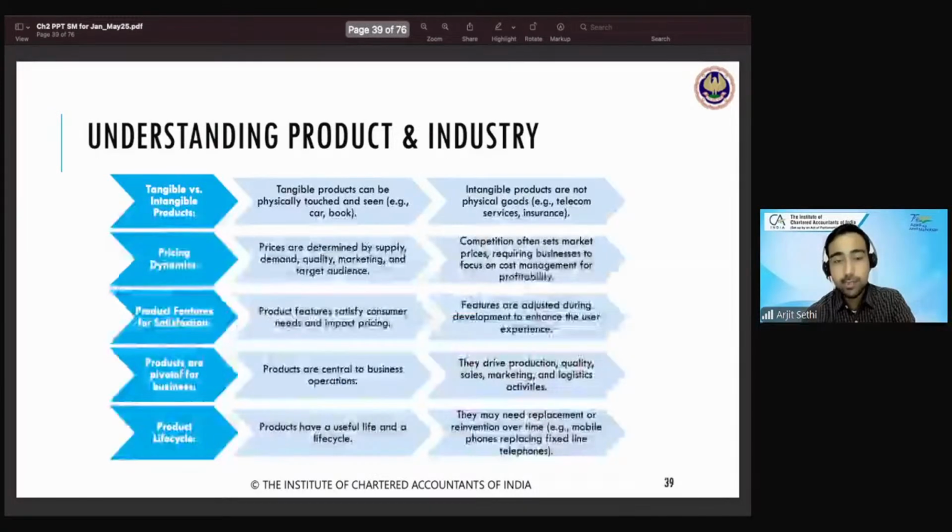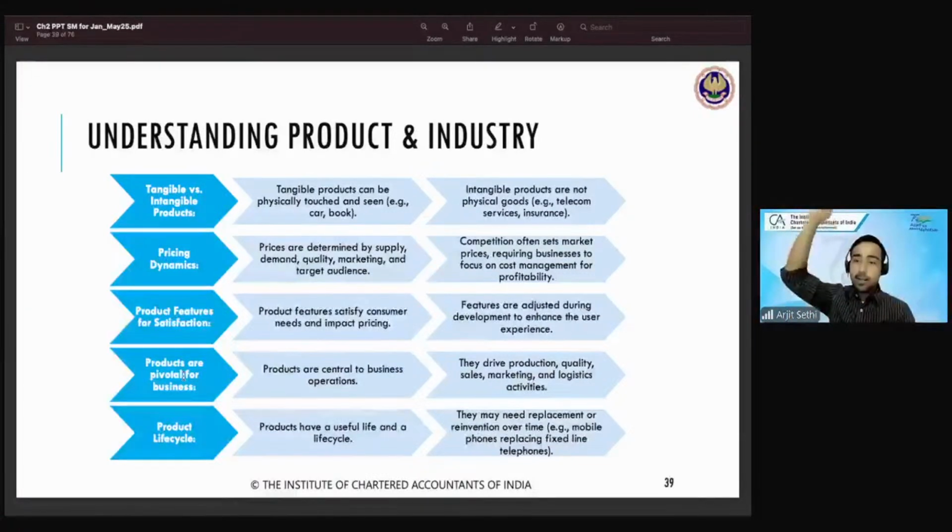Tejas, pivotal means very, very important. Product is the lifeline of the business. What else will you do? Business has a lot of things to consider: strength, opportunity, people, HR, finance, great. But your product is the main thing. If your product is not good, finance can't do anything, HR can't do anything. So product is pivotal, it's of the highest, utmost importance.